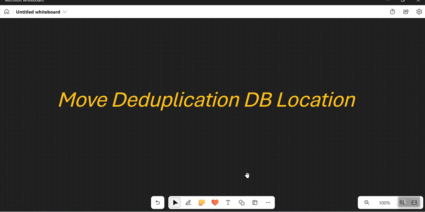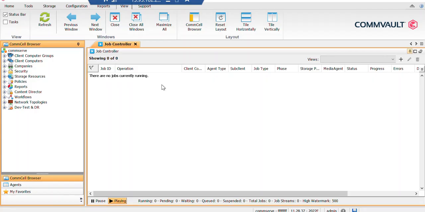Today we are going to see how to move the deduplication database from one location to another. If you want to change the location of a deduplication database that is hosted on one of the drives of your media agent, and move it to another drive or another folder, then how can you do that? So for this, guys, what you need to do is, once you are there in the GUI, you can